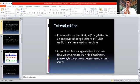Why I'm saying this again and again is that the same fate will happen the way it started with the high frequency ventilator. When people started high frequency, they did not know how to use it, and the trials initially said that the high frequency ventilator did not work very well. This is what happens when you jump on the bandwagon without getting adequate training, information or the right techniques to use it. Only when you have adequate training, the right machine and the right technique does it do a